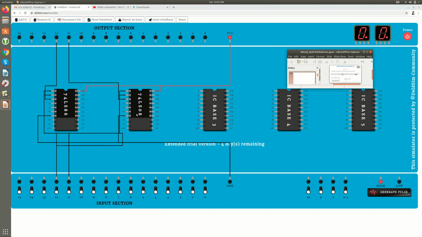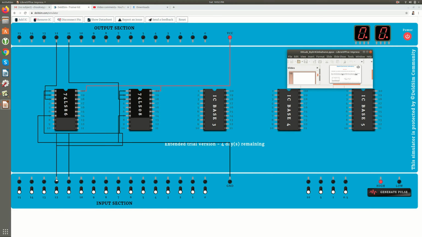Then your sum will be 0 and carry will be 0, right? We have three cases in your half adder. The first case is, if both the inputs are 0, then sum will be 0 and carry will be 0. This is the sum output and this is your carry output, right? Here you can see that both the inputs are 0 0, so sum equals 0 and carry equals 0.